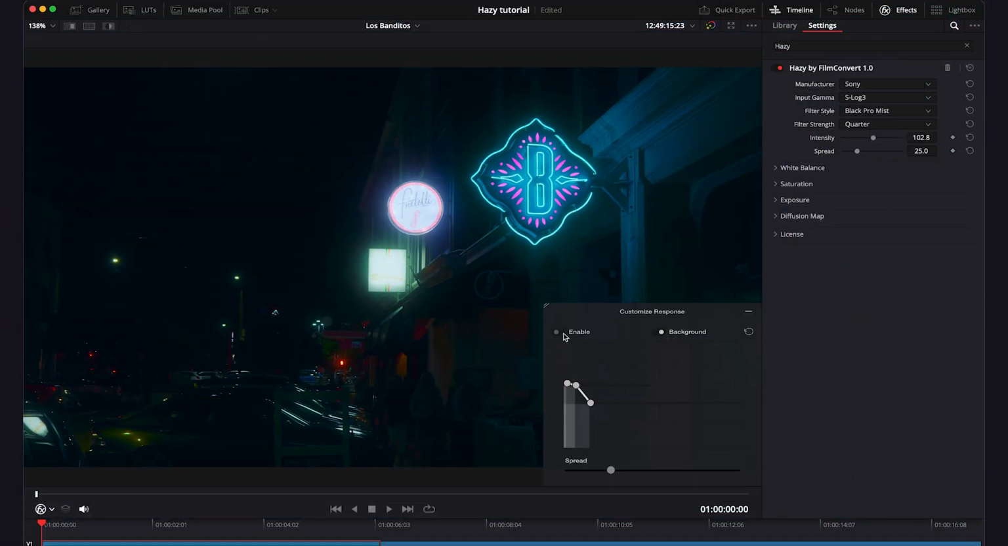Each advanced section can be toggled on or off. This makes it easier to see how individual adjustments impact your footage. Using the Customize Response controls allows you to shape the look of your diffusion. Make sure you turn on the OpenFX overlay and you will see a graph with points at the top of